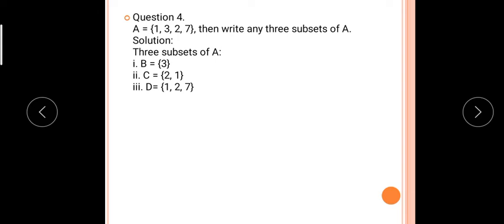Again you can write E having elements 1 comma 3. Again you can write F as 2 comma 7 comma 1 or 2 comma 3 comma 1. So any combinations you can write, so many sets by using these elements which are subsets of the given set. Even, all of you know that the empty set is a subset of all sets. Understood, students? So today I am going to stop here.